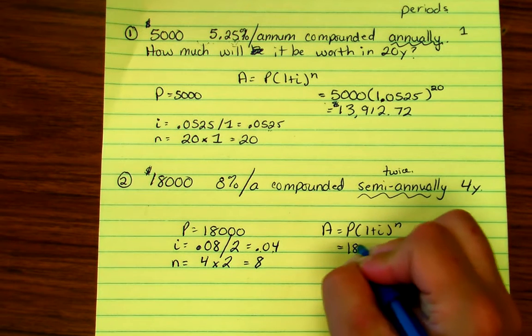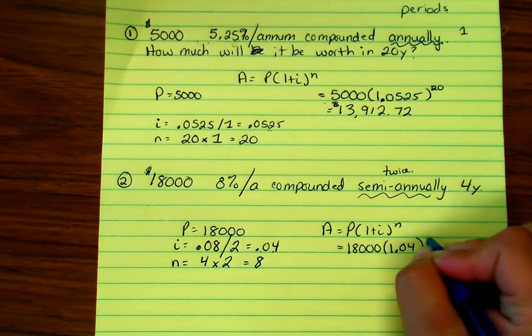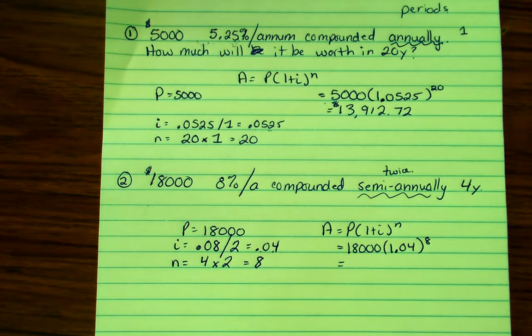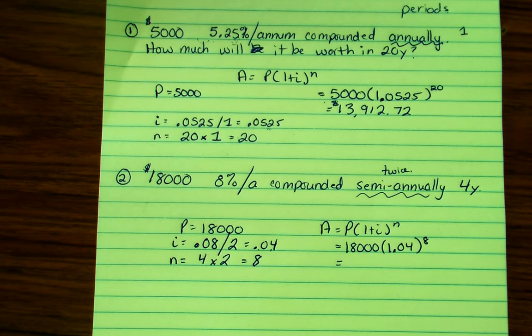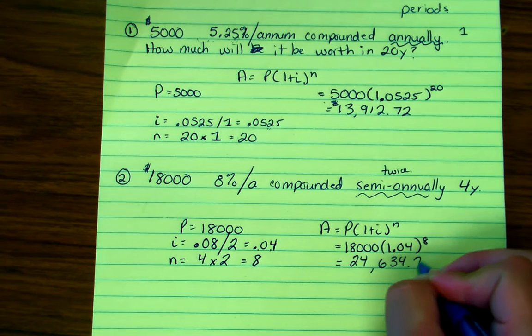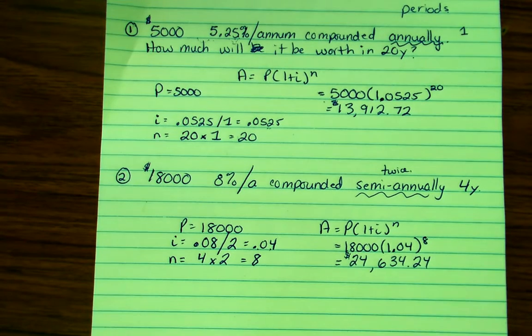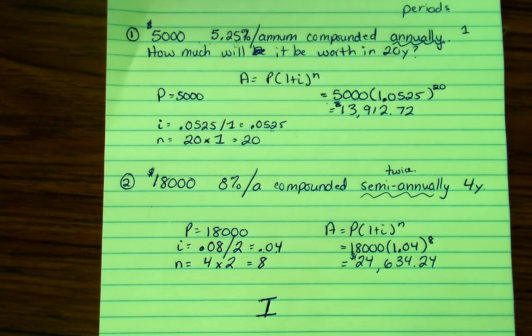So it's going to be 18,000 times 1 plus I, which is just 1.04, and my exponent is going to be 8. Now I just type it into my calculator, and it's $24,634.24. And now to figure out the amount of interest, and the dollar amount for interest is usually represented with a capital I,